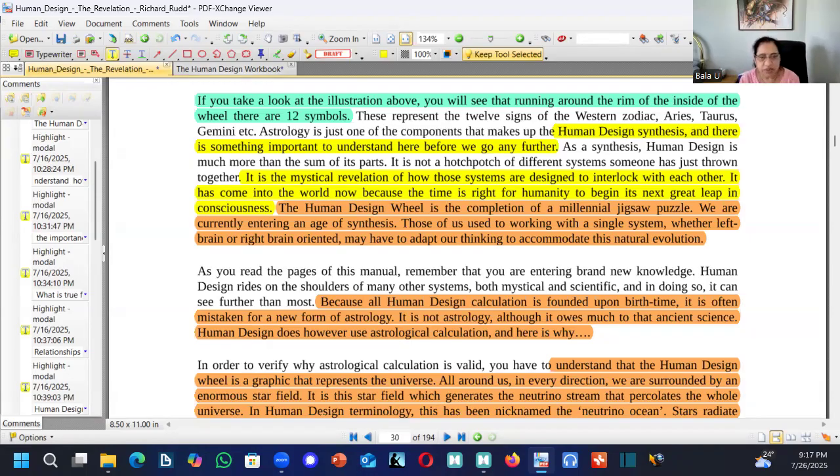As you read the pages of this manual, remember that your brand new knowledge